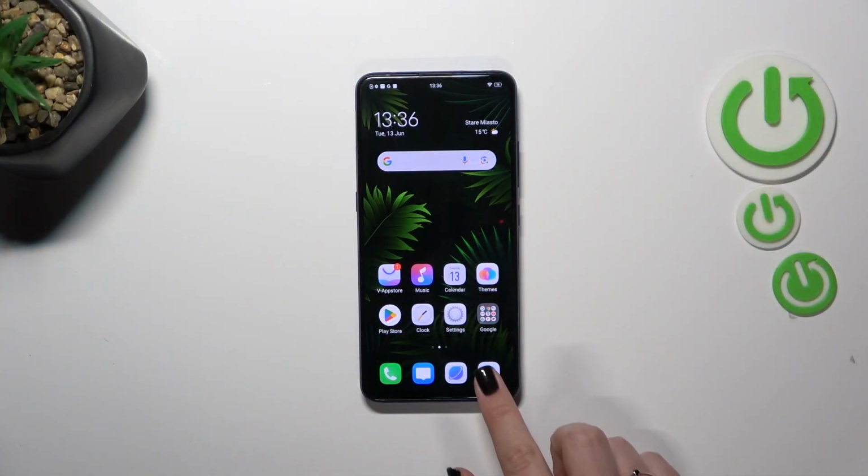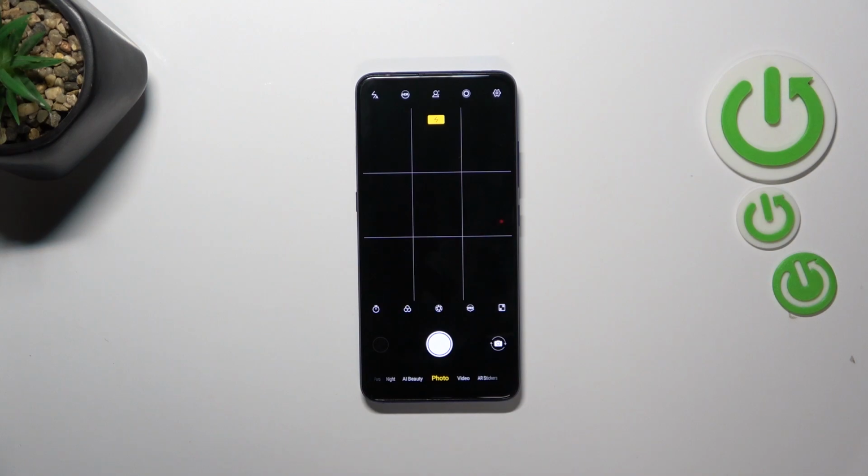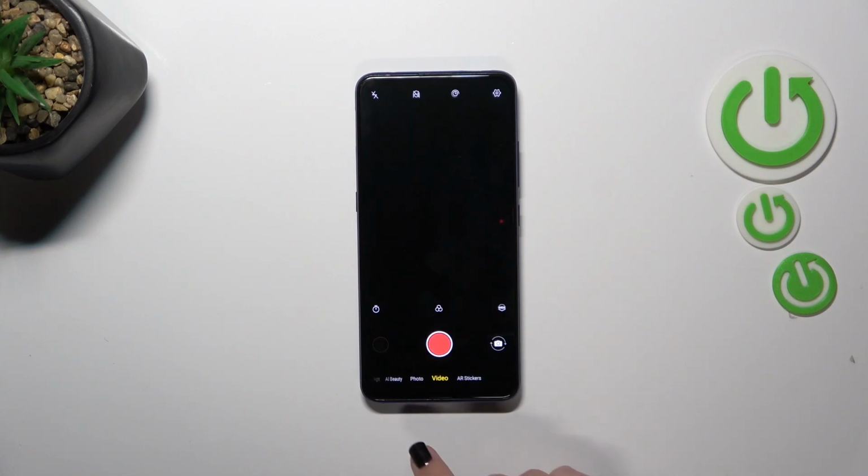So first of all, let's open the camera app and first of all we have to switch to the video mode because currently we are on the photo one. So let's simply tap on the video. If you can see the red color inside the shutter button, it means that for sure you're on the video